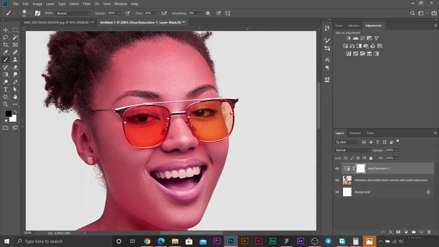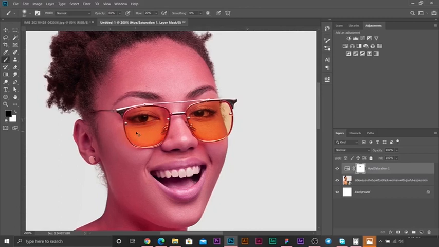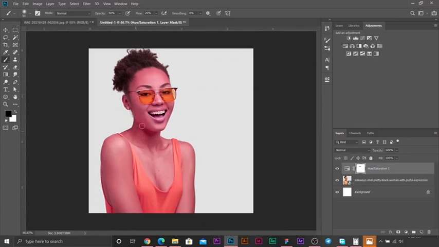The colors on the eyeglass are changing back to what they were before we applied the adjustment layer. So it's no longer red, it's now orange. Let me apply it on here too. Okay, let me zoom out. Let's see how that looks. You see how it looks? It is no longer red. You can also apply this to the skin of the lady, or to really see the effect,